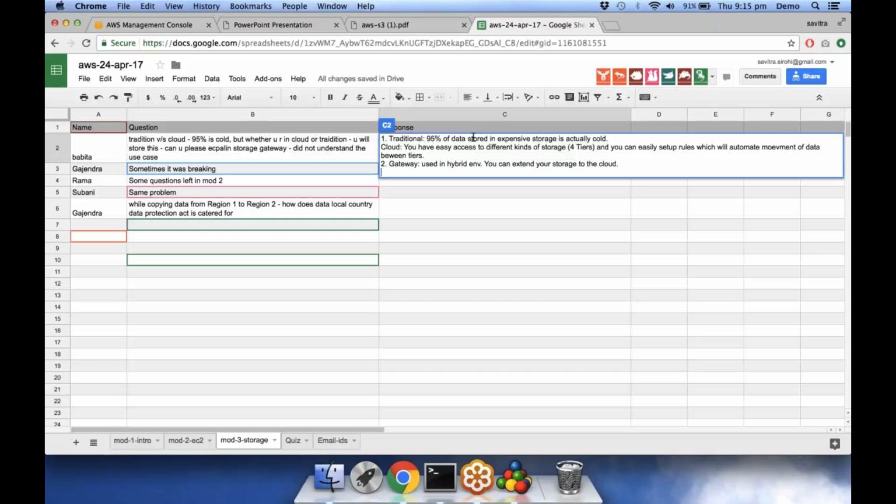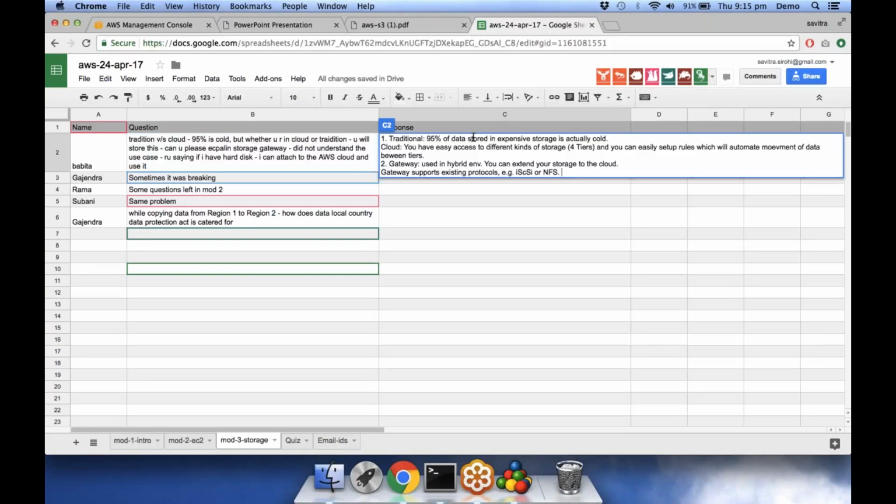So in these cases, what happens is the gateway supports existing protocols. Example, iSCSI. You might have heard of iSCSI, or you might have heard of NFS actually, right? So it supports these protocols, and therefore you can easily plug in the gateway